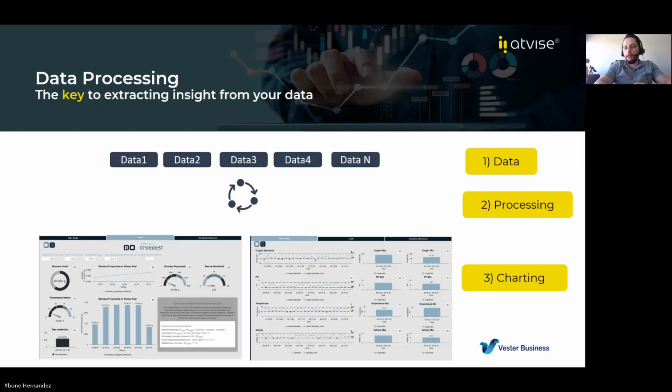And I say this because the first step in terms of using artificial intelligence in order to analyze our data is to process that data. And that's where Advice actually has a differentiator. We have the processing tools already included in Advice. So for example, we could take all that information and process it into a histogram, or we could process that information in order to present it into a column. So first step, acquire data. Second step, process data. And third step, creating the charts.